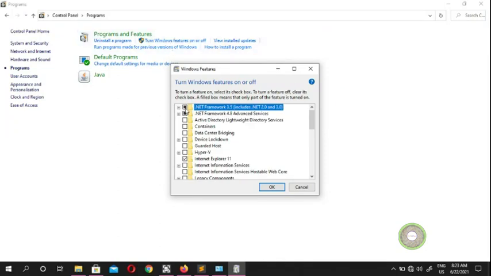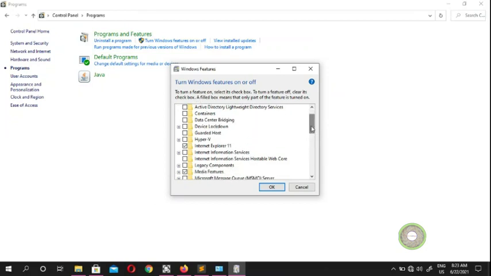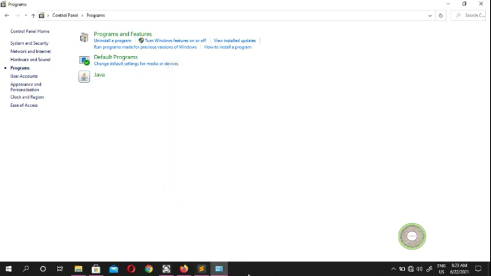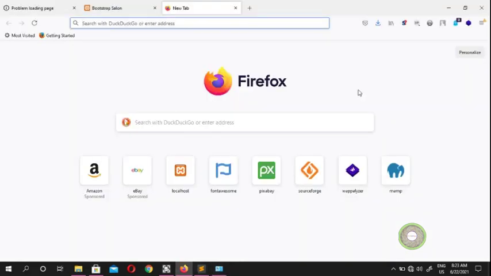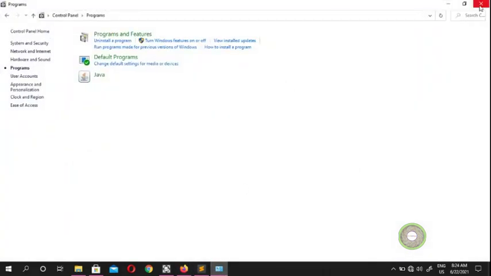Alright, so now it's open, and if you come here, it says Internet Information Services, IIS. Make sure it's not ticked. It also has Internet Explorer 11, and I don't care about Internet Explorer 11. If Internet Information Services is ticked on, then you have a problem. In my case, it's not ticked on, so I don't have a problem. Alright, so you finish this, okay this,